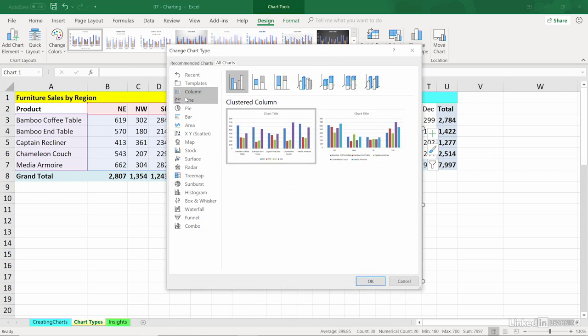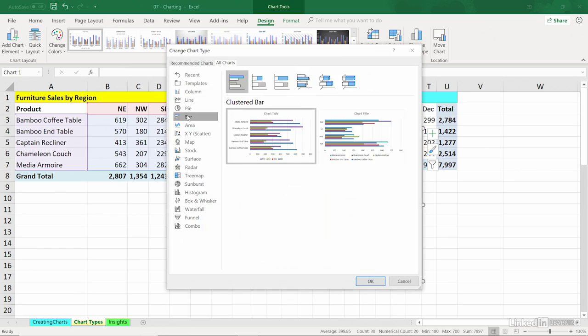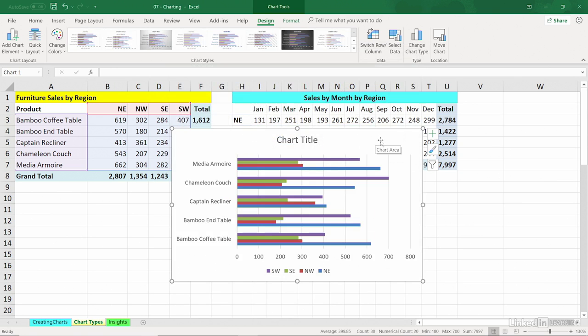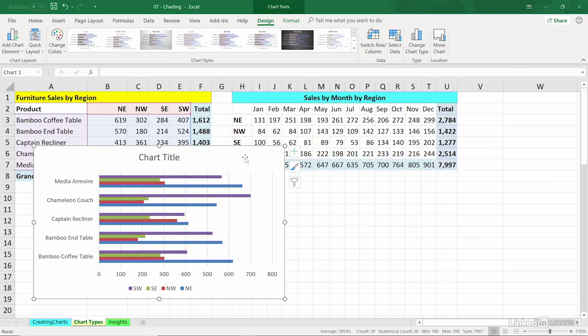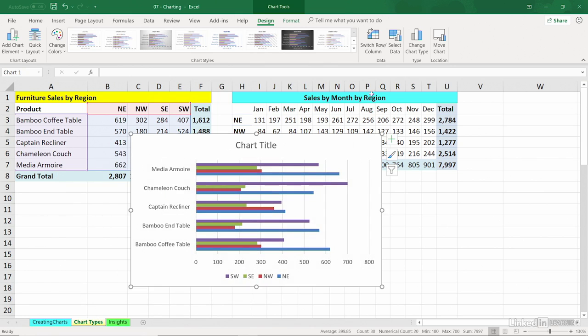Now, we don't necessarily need to see all these. We know what we're trying to show here. Why not? Bar chart. There we go. That looks pretty good. It's the same idea. It's just rotated 90 degrees. And you might just have a personal favorite. Sometimes it's completely subjective. One thing I do recommend, though, when you create a chart is to use this button